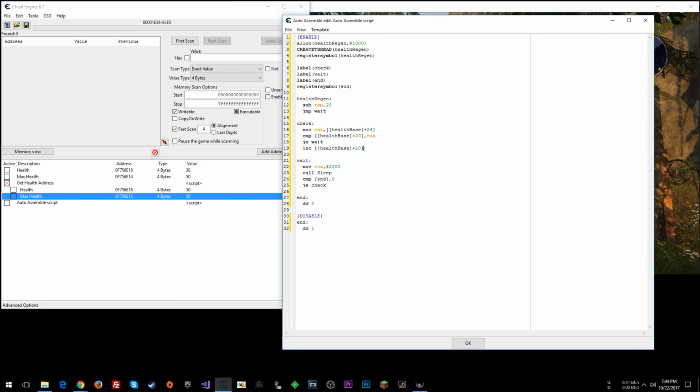I'll do a follow-up video showing you if this is floating point. You can use the FPU. You could use XMM registers with SSE instructions perhaps if you wanted. So anyway, after it increments, we're going to jump to wait again and just have it wait for 2 seconds before it does this check. Otherwise, it's just going to be really spinning up your processor. Okay. So now that we've got that done,